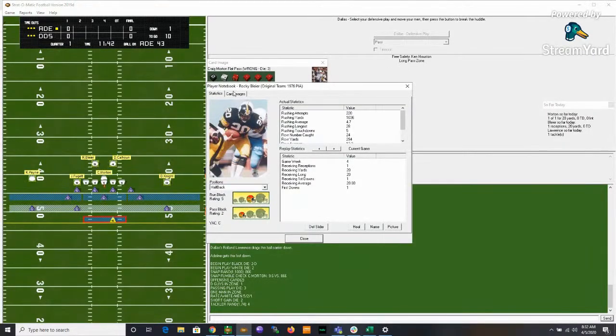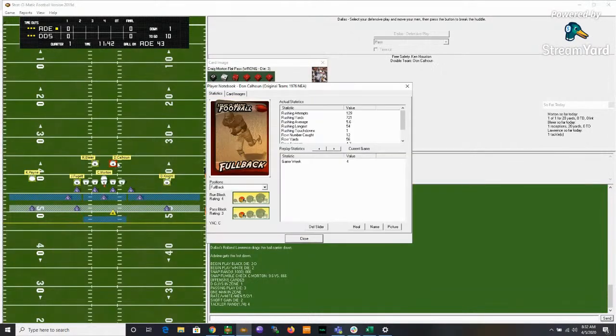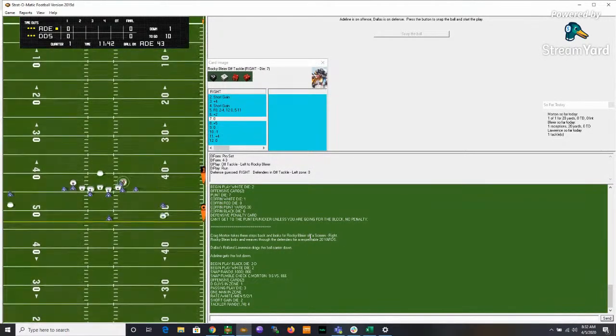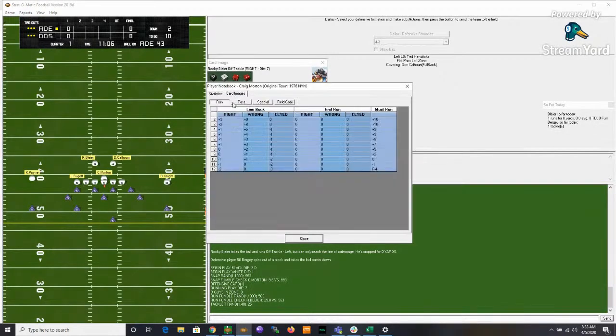Rocky Bleier is just a fantastic guess right runner. He's just been pounding away with him. It lures you into or lulls you into a sense of, okay, I can call run safely. Just like here, Tim's calling run. No gain there. But then it'll hit you over the top. Craig Morton is his quarterback. And we saw